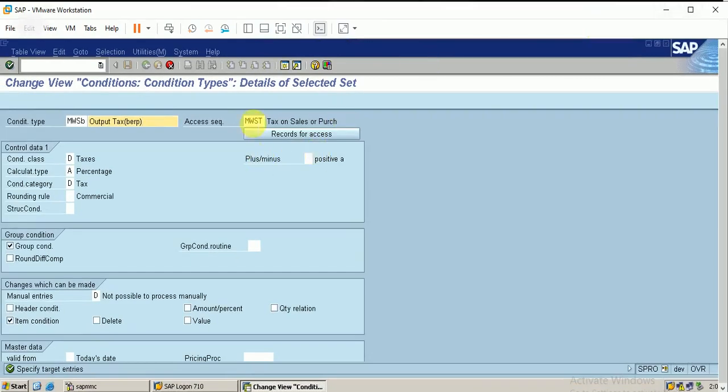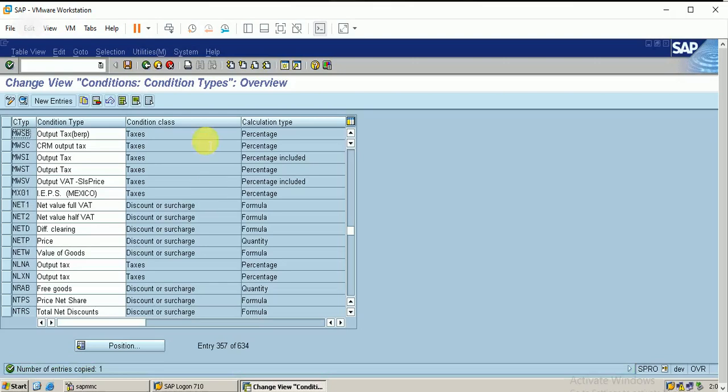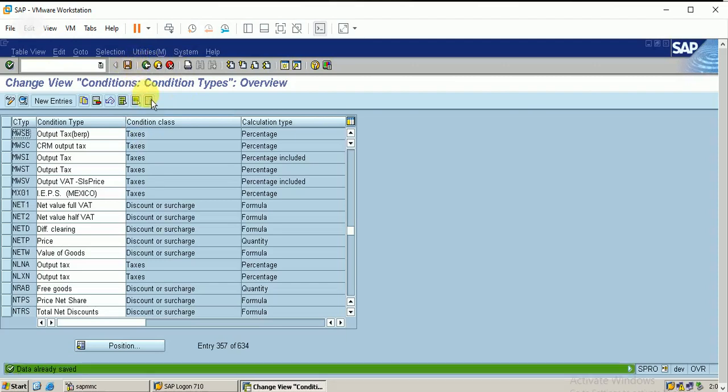Let me change the access sequence now. That is PRP. I linked the pricing procedure also. So you can see the condition clauses. So till now we have configured four condition types, so I think it is okay.